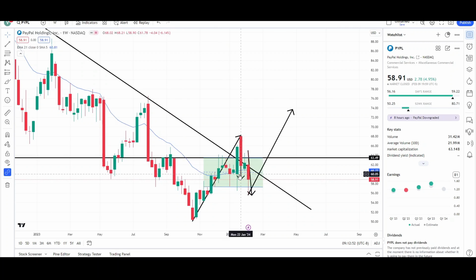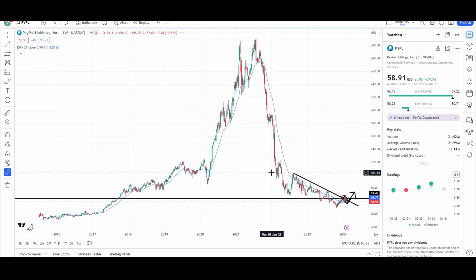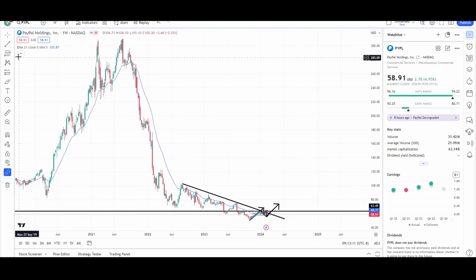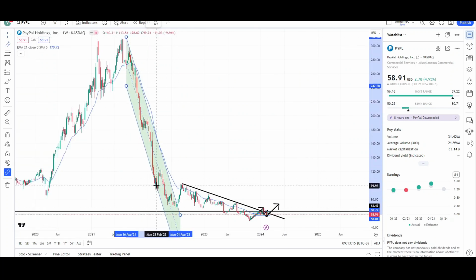So again, that's just one thing though. The EMA is flat on the weekly chart, and we did have a large move up on the weekly. So again, we could see a second leg up take place. So that's what I see on the weekly chart. You can see that the downtrend is almost practically over by now. I'm not saying we won't go lower. I'm just saying like the major one is done because we had a downtrend channel right over here that got a break,